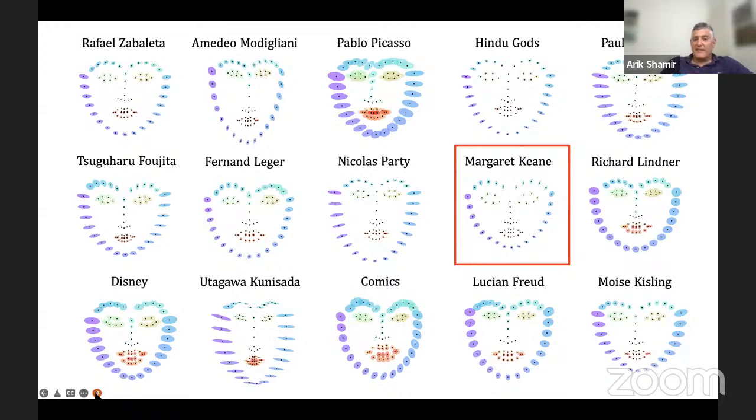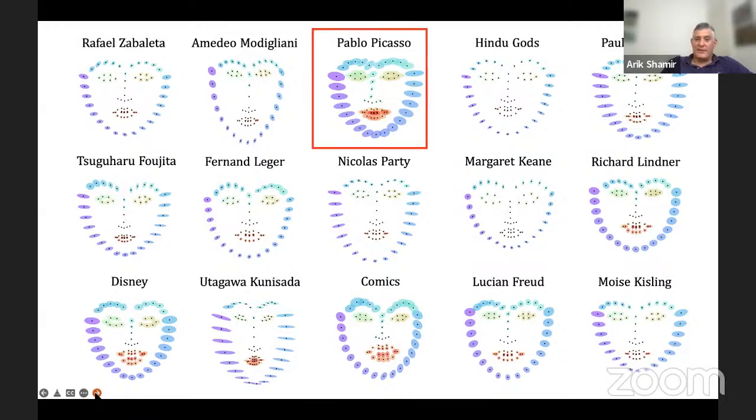And the nice thing is, when you think about Pablo Picasso, well, Pablo Picasso has a huge variation. So, you see that the variance is huge compared to various other different styles. So this is because Pablo Picasso is really all over the place.